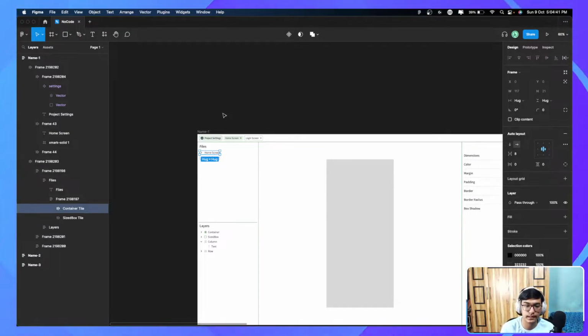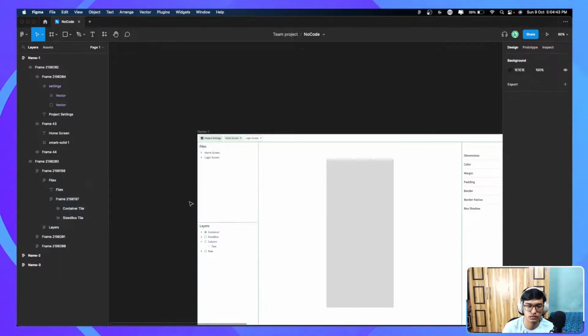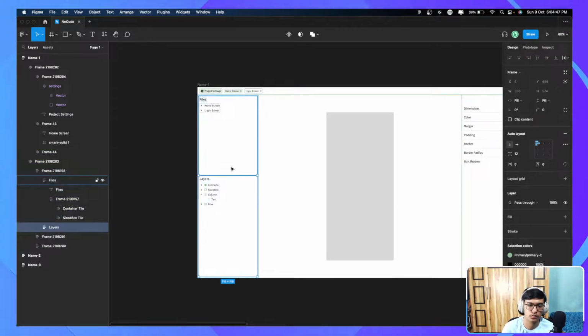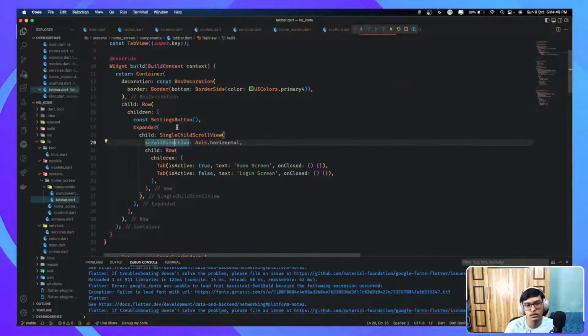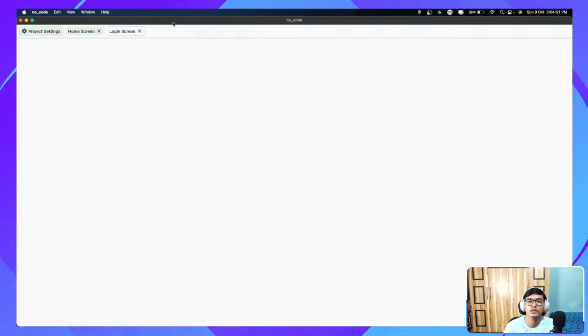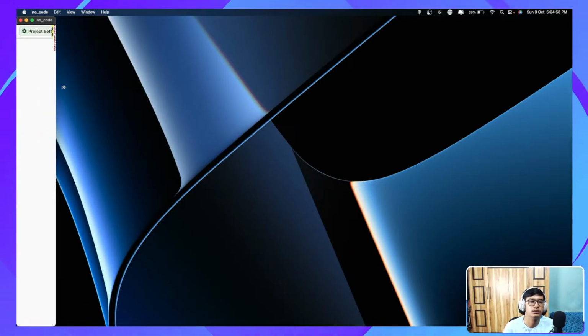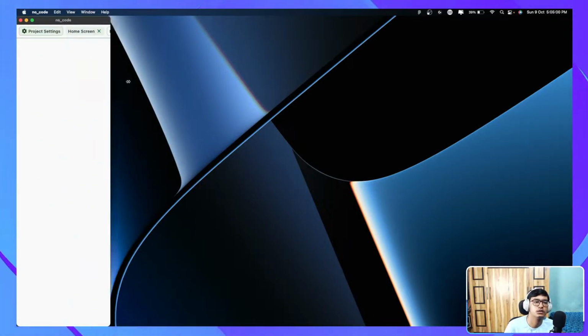And now we'll be starting with this left one. And we need to check one more thing. It should be responsive. It is not, but